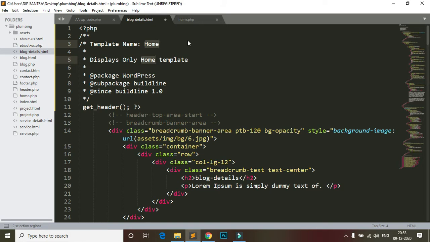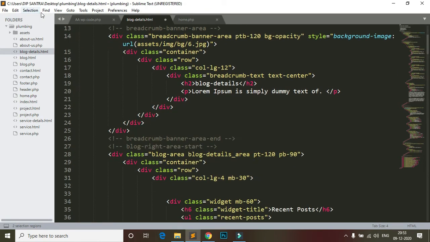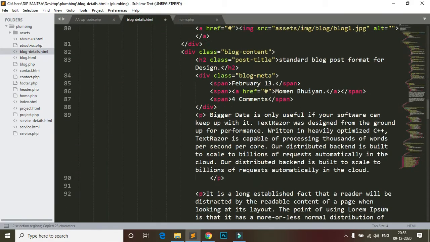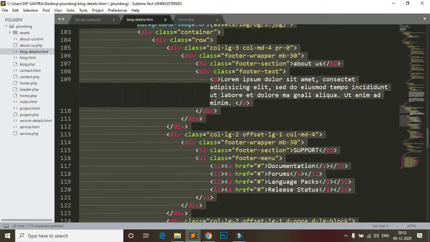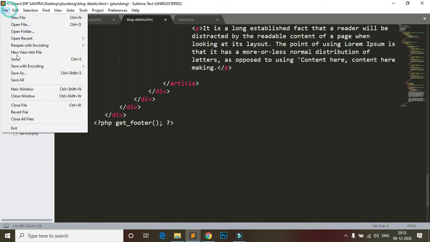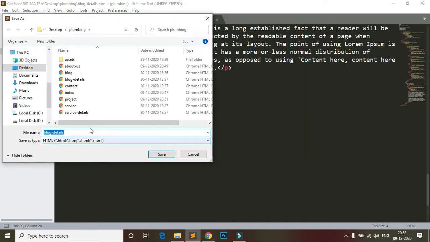So this is the blog details page. Blog details and add footer. This is the footer, and now save it.